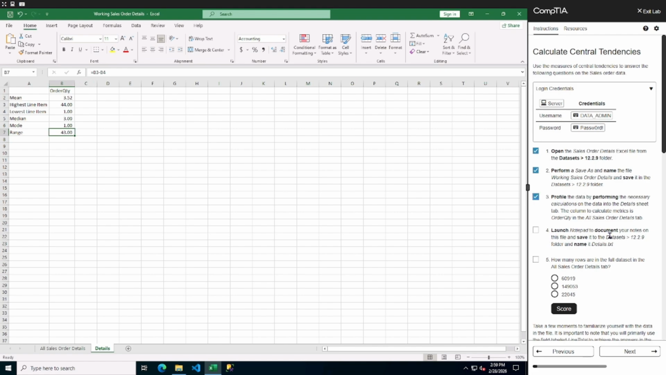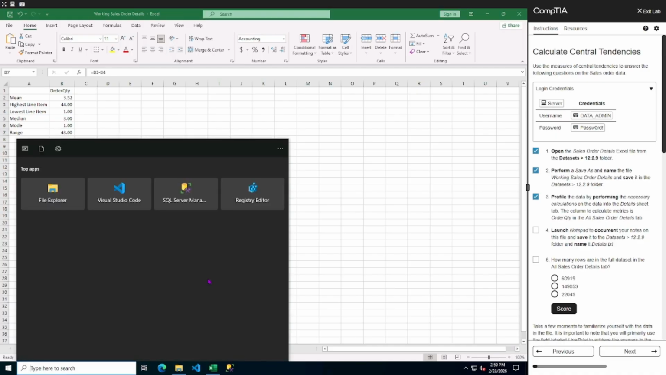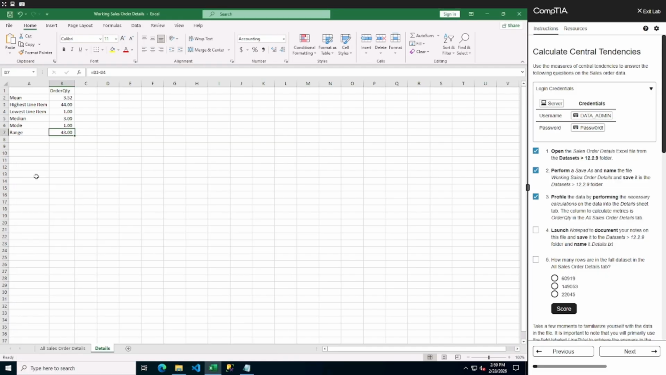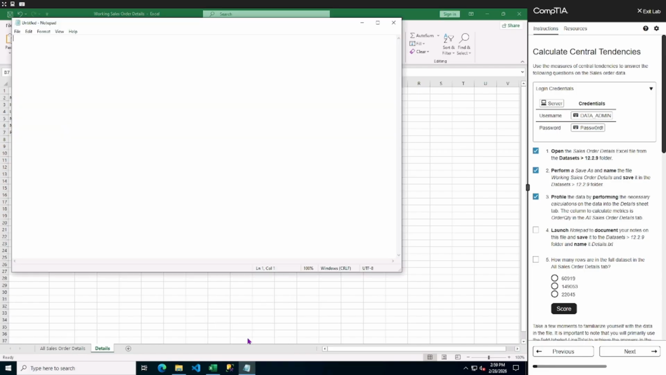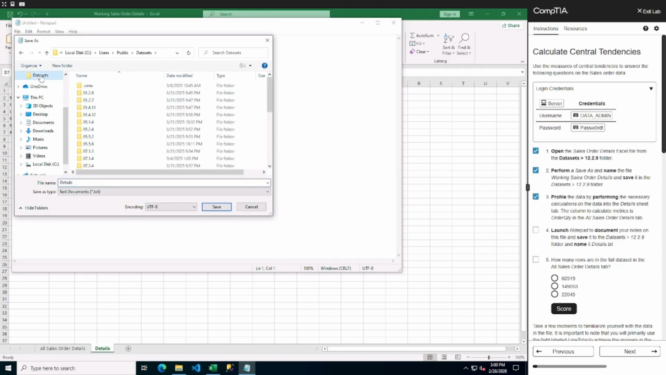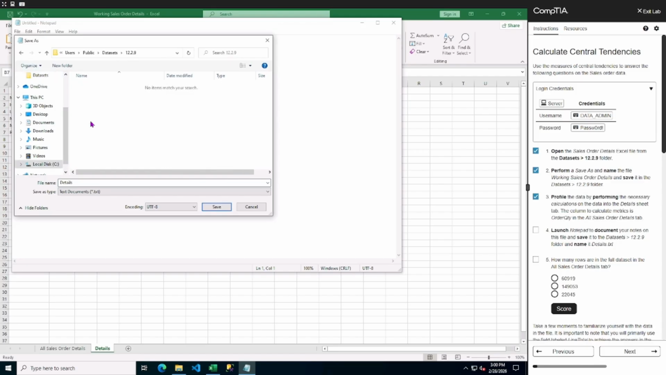So we've profiled our data. We're going to launch Notepad to document our notes on this file and save it to the datasets folder and name it details. So down here in the search bar, I'm going to type in Notepad to pull it up. Okay, I'm going to create a file, save as, and title it Details. In the datasets, 12.2.9 folder,